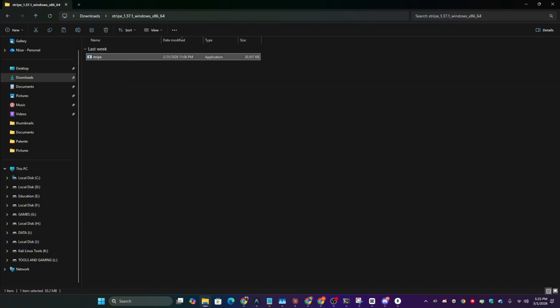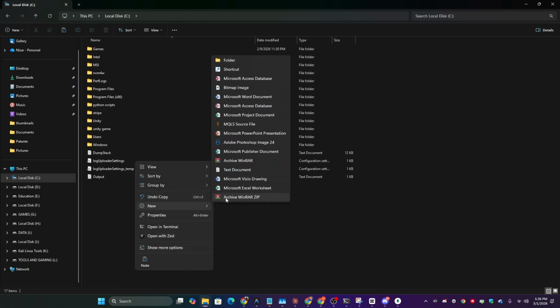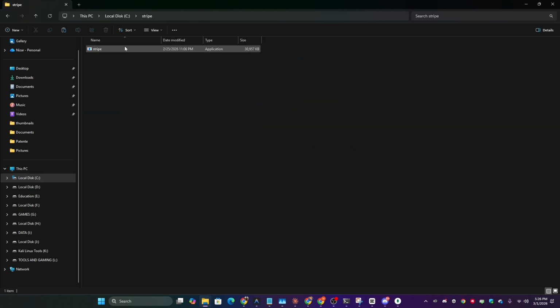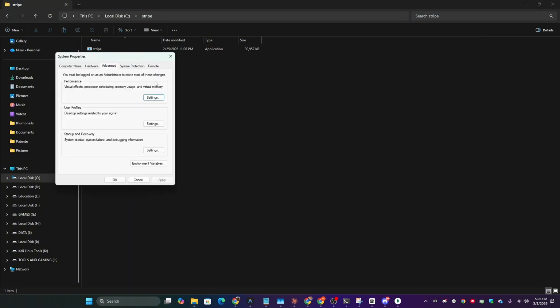All you need to do is copy this logo, this icon, this application, go to the Z disk, then create a new folder, rename it as Stripe, and then copy paste the application here. After that guys, go for the search,